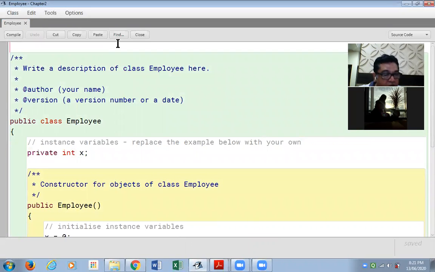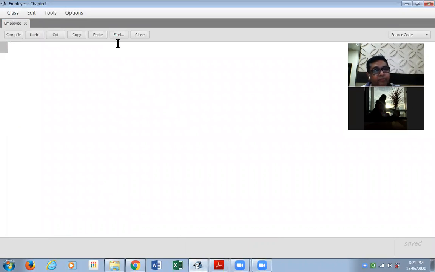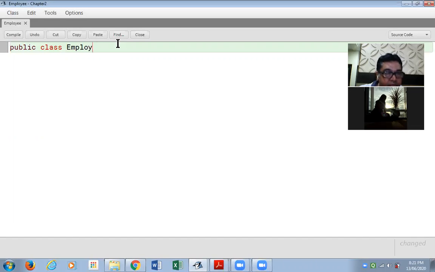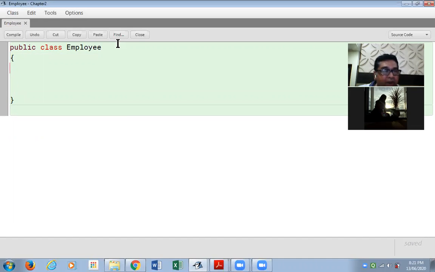Control A to select all the files. Delete key. And let's start. Public class employee. Curly braces. When you give curly braces for the class name, you give them in pair by putting some blank lines in between.